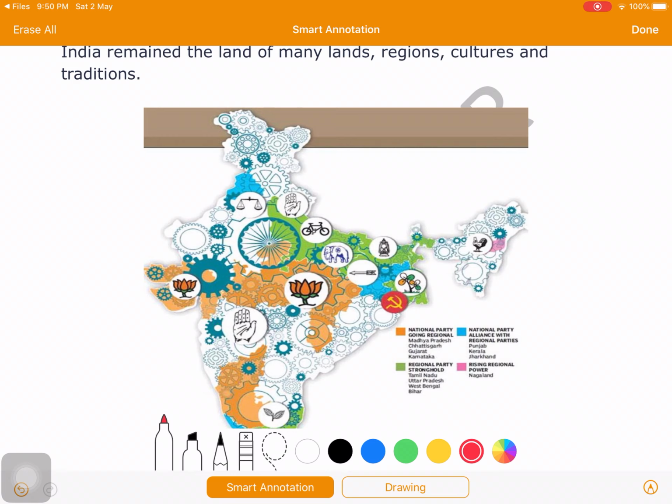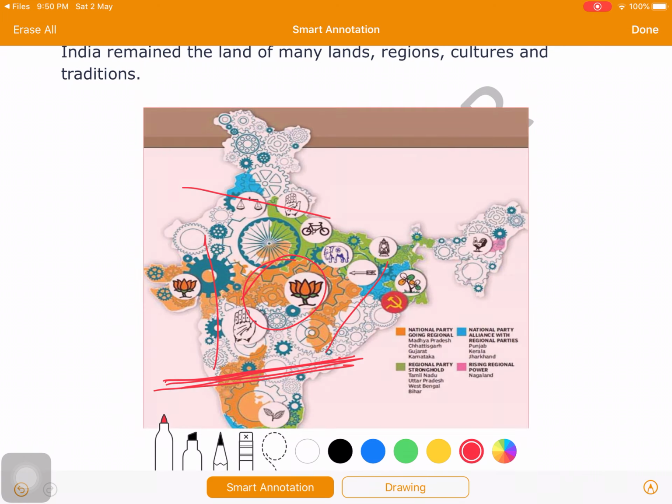So here it is very clear that these Dravidian languages, the south states, are different from the west, different from the east, different from the center, different from the north and different from the northeast. And each region of our federal country has its own unique diversities. And this can be seen as one of the major reasons to support the statement that diversity is the root cause for regionalism in India.